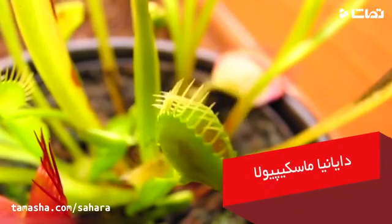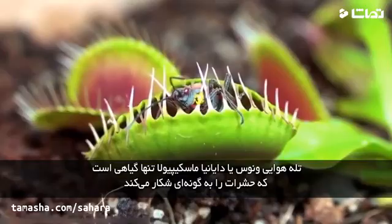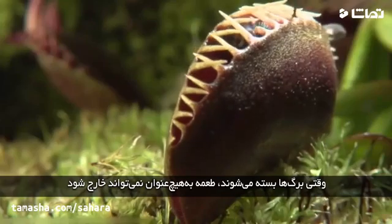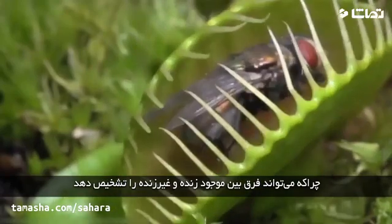Dionaea muscipula. The Venus flytrap, or Dionaea muscipula, is the only predatory plant that catches insects in a way that anyone can notice without using special equipment. Its leaves look like the mouth of a mysterious monster. When the leaf slams shut, the prey can no longer get out of it. This plant seems to have its own mind because it can tell the difference between a living creature and something